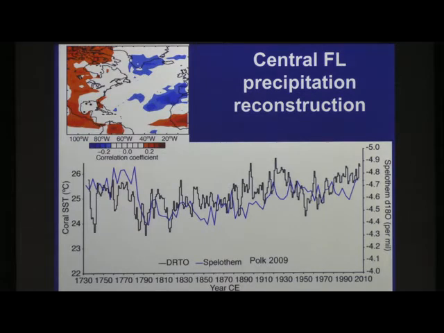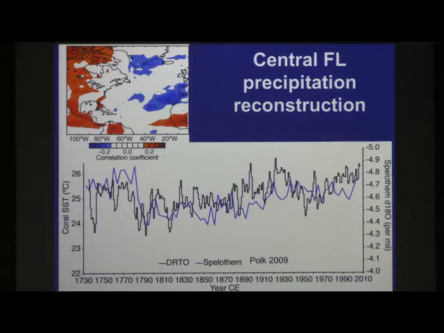This is some work that Jason Polk up at USF Tampa has been working on. I think Ethan ran most of this data for him in the Paleo Lab. So we've been comparing our two records. Here I'm showing in black the coral reconstruction, plotted a little differently. This is a mean annual. And then Jason's speleothem record from Brooksville, Florida. That's the black dot right here, Dry Tortugas down here.